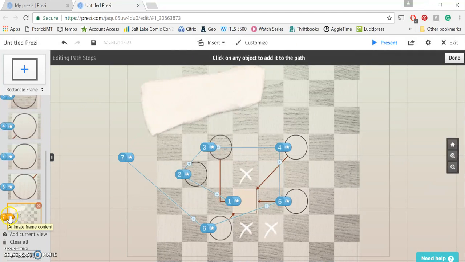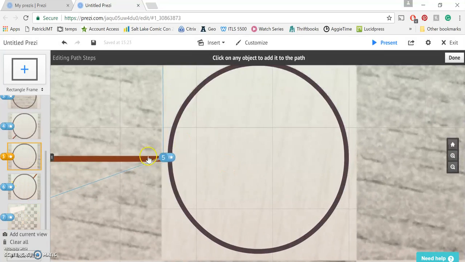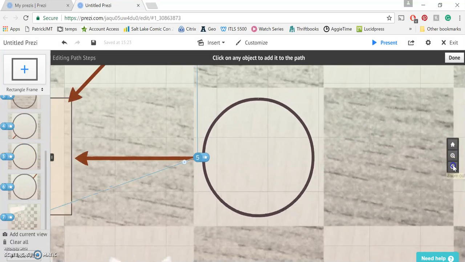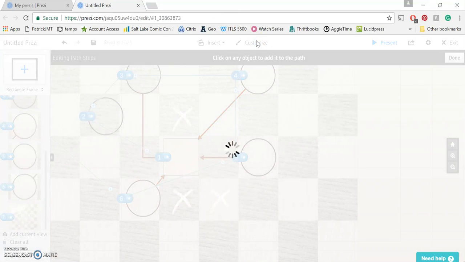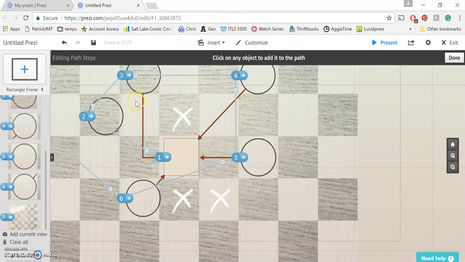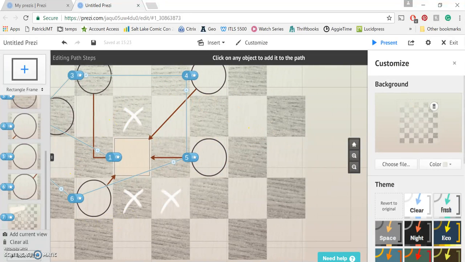If you notice, the gold is showing, I do believe it's which one we're on right now. And so you can see where you are here and where you are here. It's pretty user-friendly for the most part. You can customize it. So you can change the pathway, you can change the background, you can change the colors. You could change which